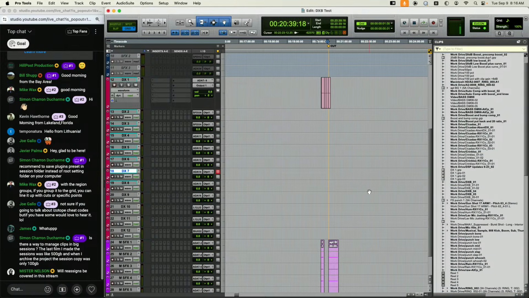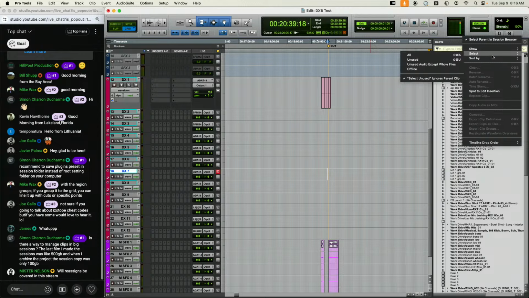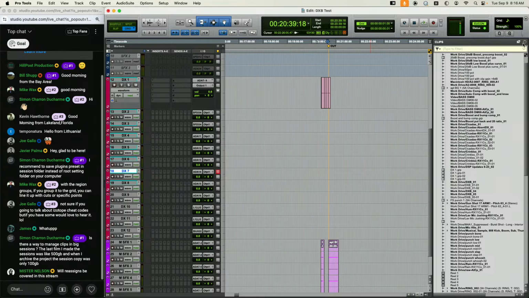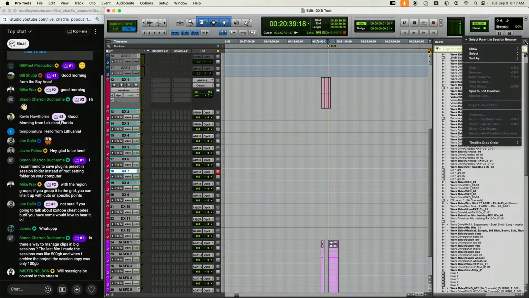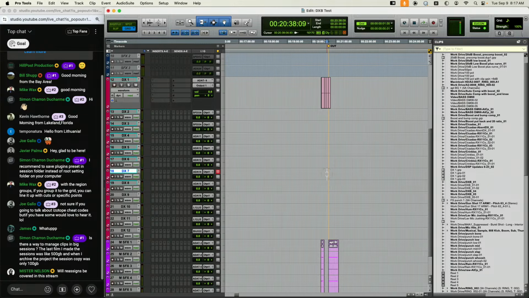remove. I like to do that, especially with conforms, because conforms create a bunch of orphaned clips. So do that before you do a save session copy. Go over here to your clip list and select unused and then clear, which I can't because there are no unused ones. That won't save you hard drive space, but it will keep your sessions tidy, which will